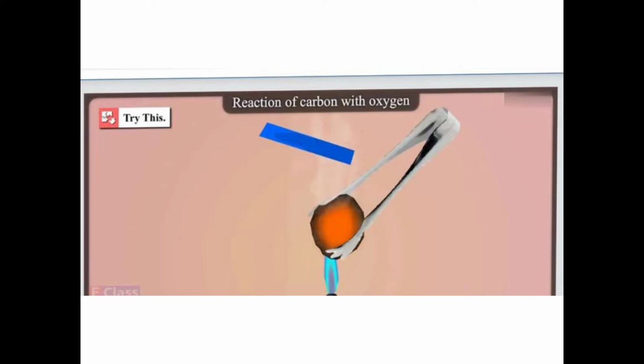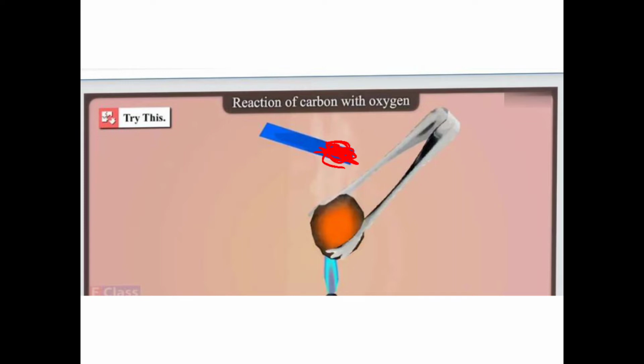when you are igniting the coal, ठीक है, कोल से कुछ जलने लग जाएगा, है ना? So when you ignite the coal, and with the other hand you hold the moist blue litmus paper over it, you will see the gas which is releasing turns this blue litmus paper red in color.